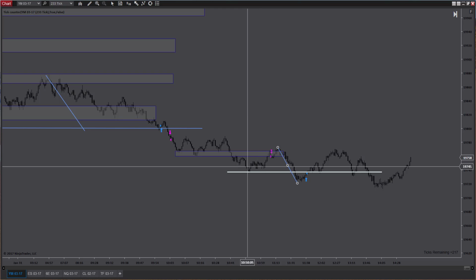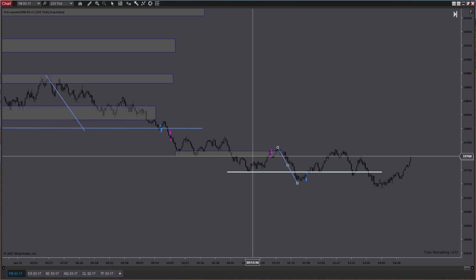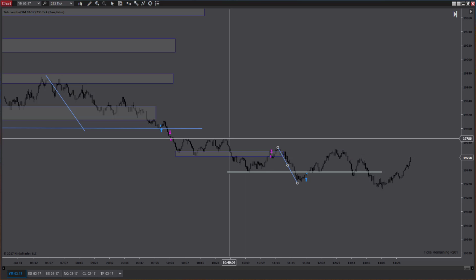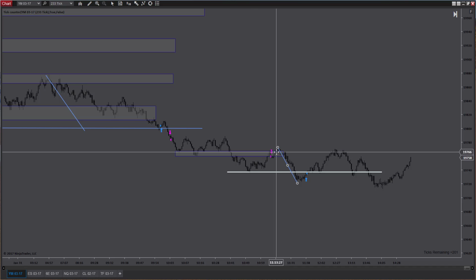Once the market came up here into my area of interest and had that great rotation, I immediately got short. I really didn't have to think about it all that much. I wasn't very happy about this volume. I knew that my stop needed to be above this area. The market then danced around a little bit, went against me a little bit, but I still saw good selling